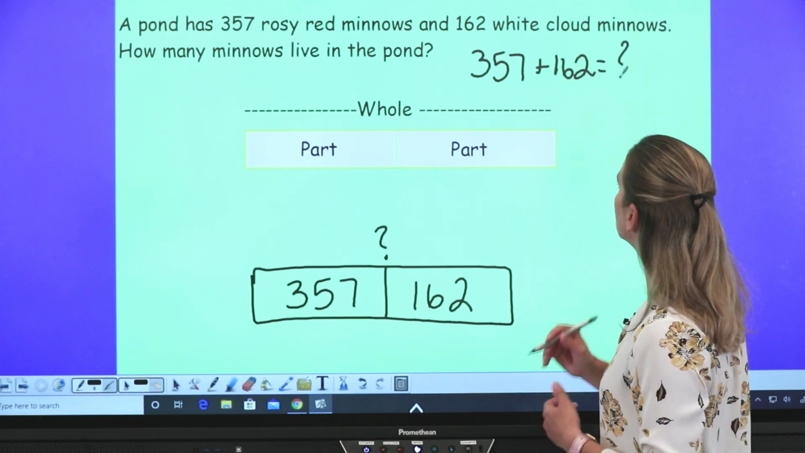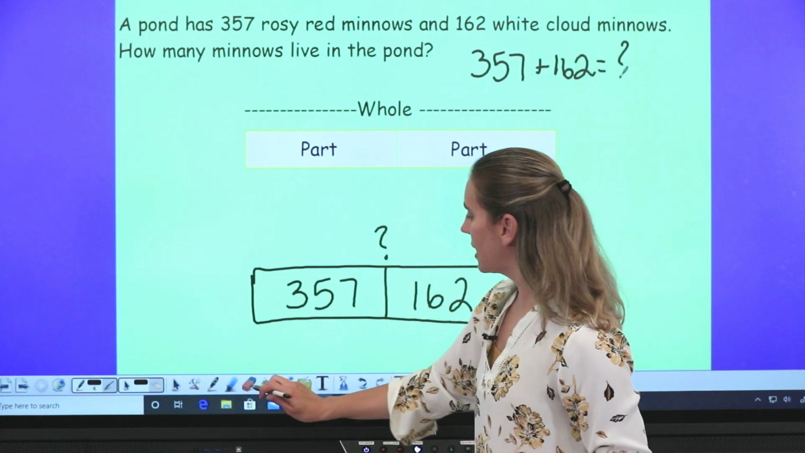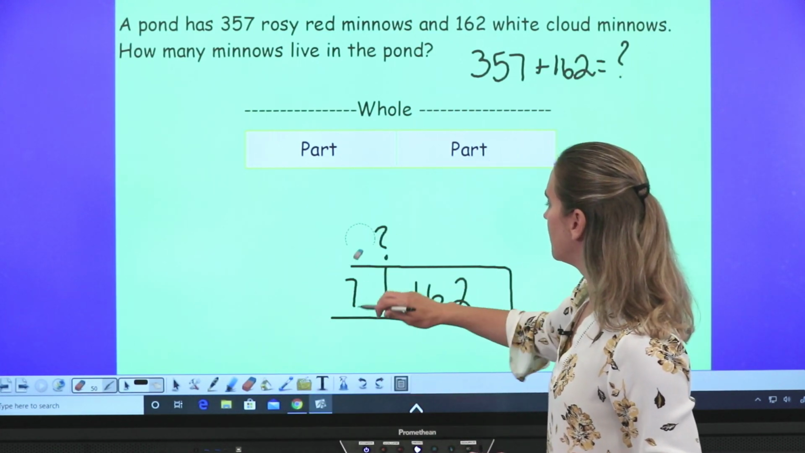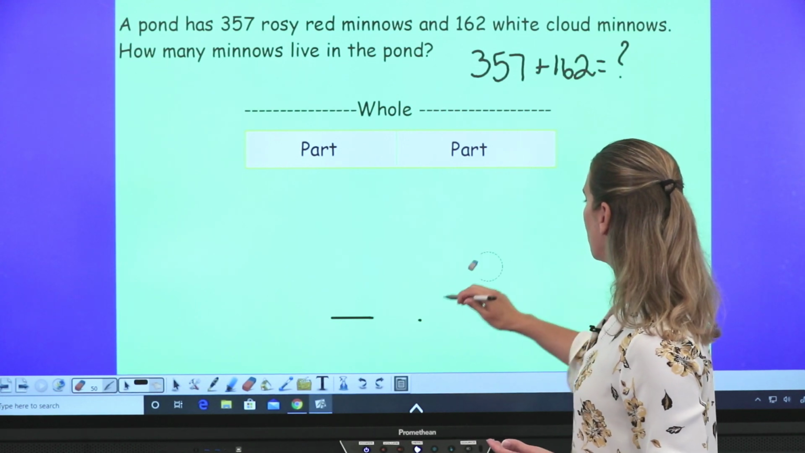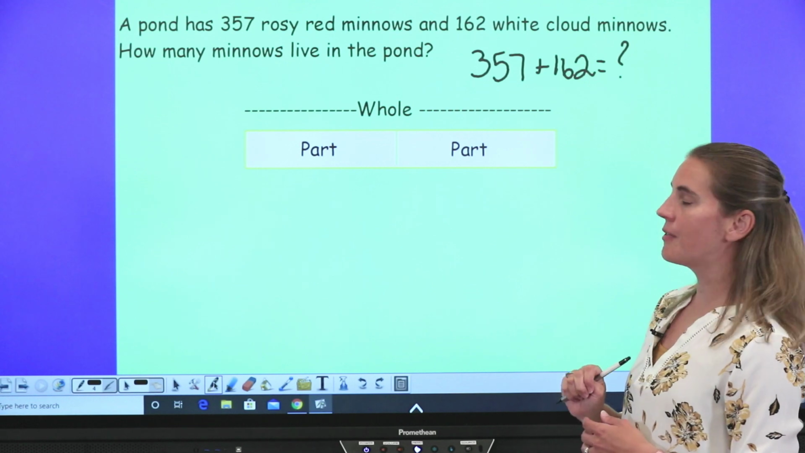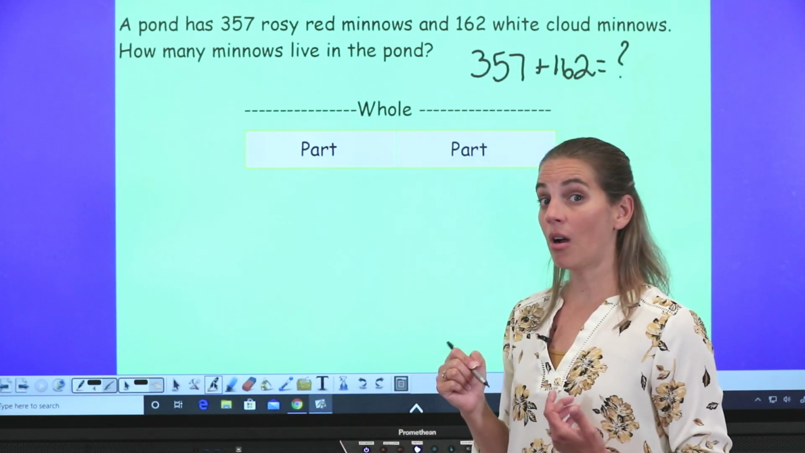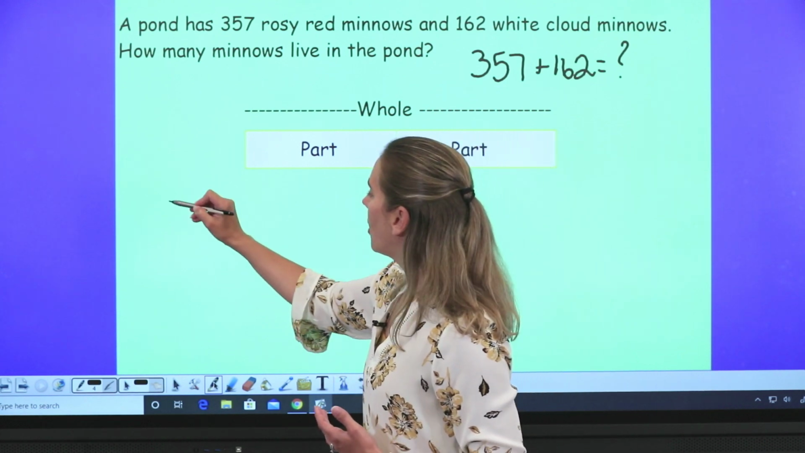All right, well, let's do some adding, shall we? I'm going to erase this guy down here so that I've got some space. You can just turn your paper over if you need more space. All right, so here's what I'm solving. 357 plus 162. So I'm going to use base 10 blocks to add those together. So I'm going to draw